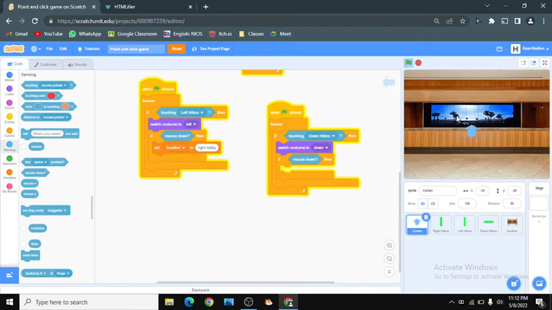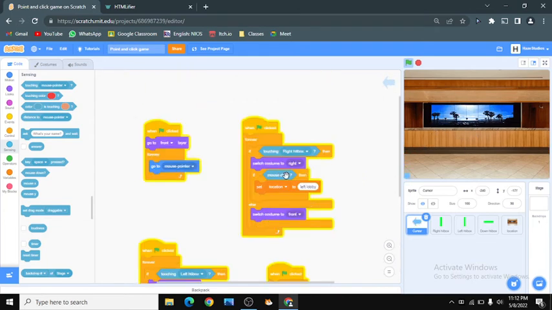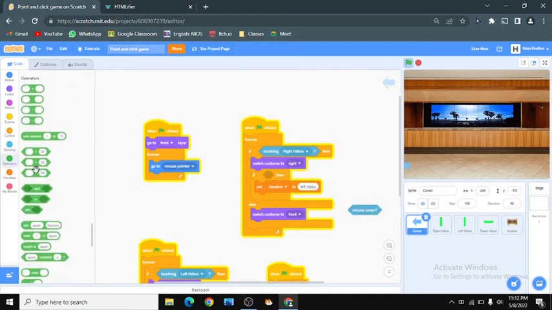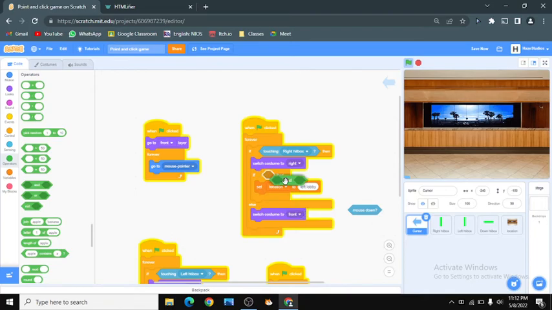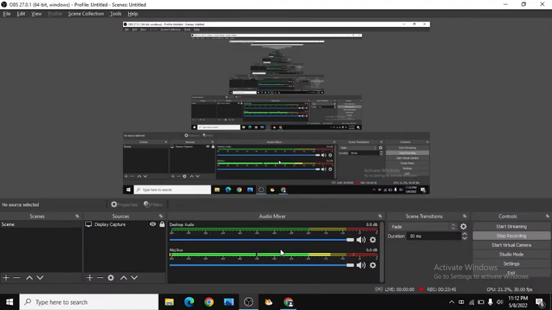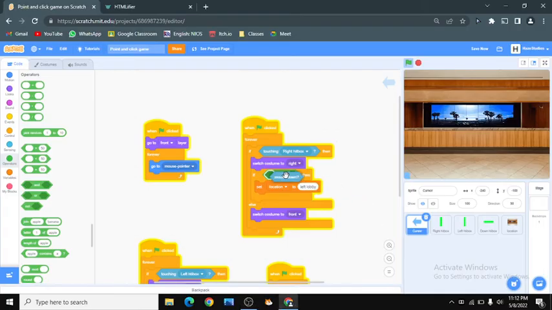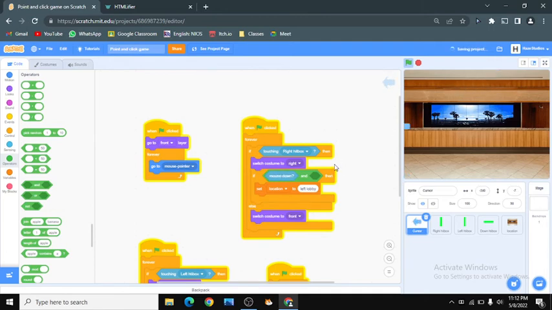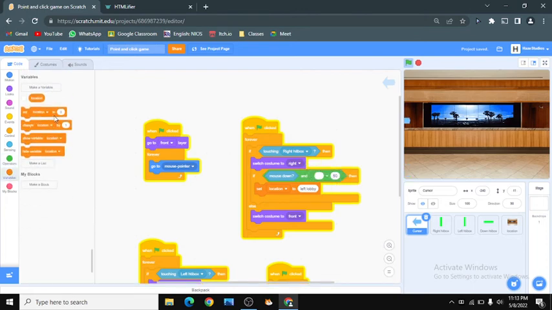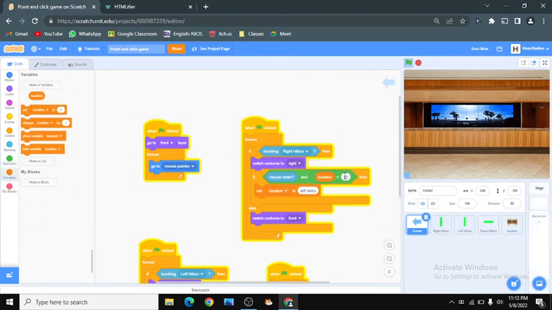So first, before we say mouse down, we had to go to operators and take an and, and then at the first slot we put in mouse down, and then and location is equal to center lobby.